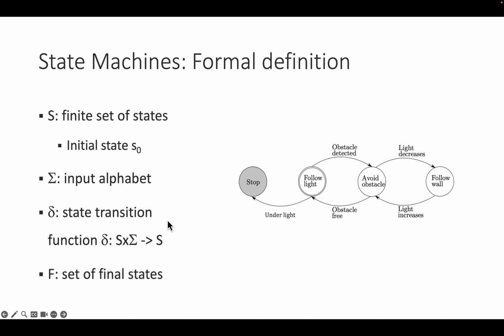So the formal definition for such a state machine is you want to have a finite set of states. I want to have an initial state as 0, and I need something that is called an input alphabet. The input alphabet are the events that trigger different state transitions. And so you see here with every state transition I have an event associated, which is known as the alphabet. Then I have a state transition function delta, which is all the states times all the different input alphabets, mapping again to any of the states that I can reach, and a set of final states like the stop in